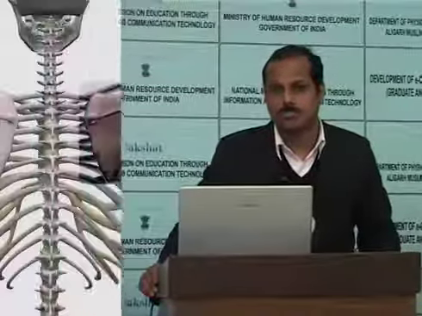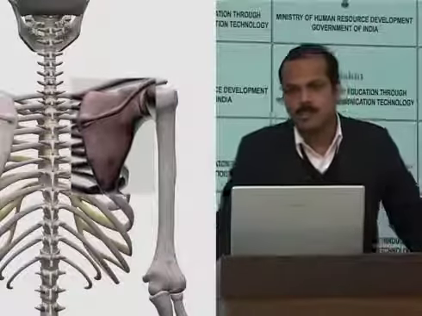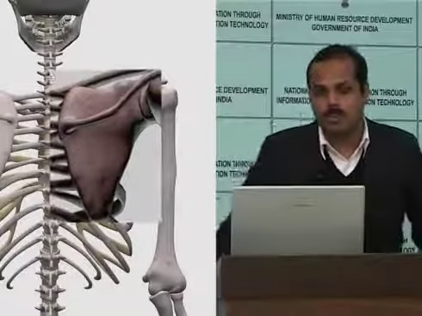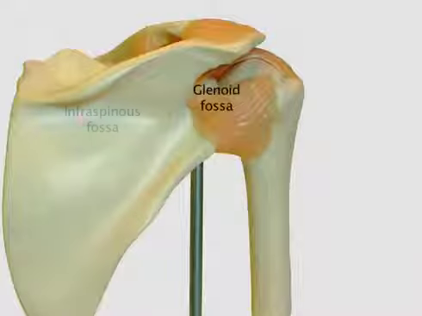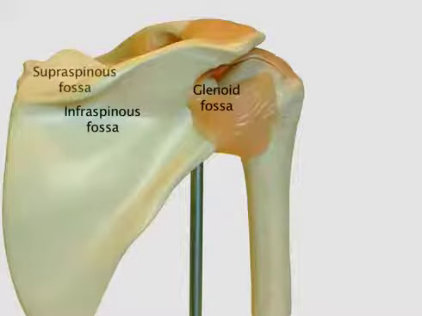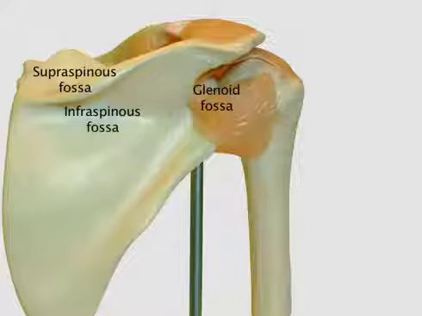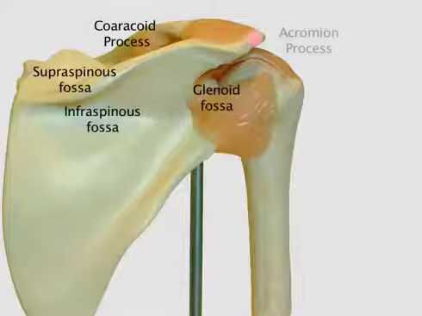In this session, we will be discussing the muscles and movements around the shoulder joint. Before we start with the shoulder joint itself, we will go through the different bones around the shoulder joint. The first one is the scapula. It is one of the flat bones in the body, and its different parts include the glenoid fossa, infraspinatus fossa, supraspinatus fossa, subscapular fossa, spine of the scapula, coracoid process, and acromion process.